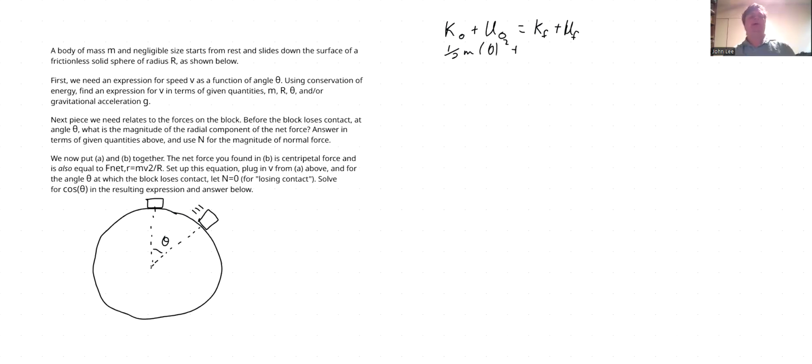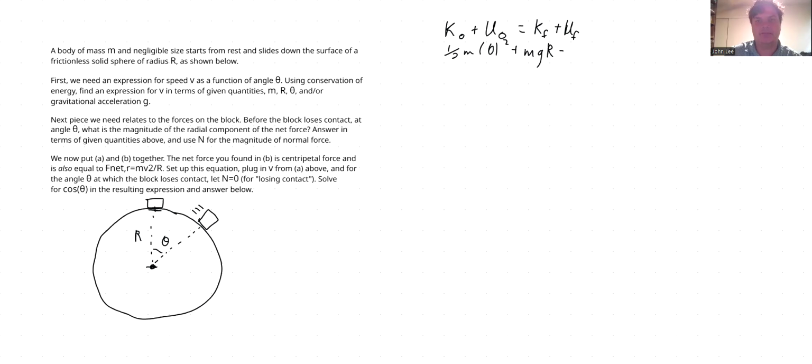But we can come up with an ideal for the initial height. If we start the height from the center of the sphere, then the initial height is just going to be the radius r. So we set this equal to m times g times r,